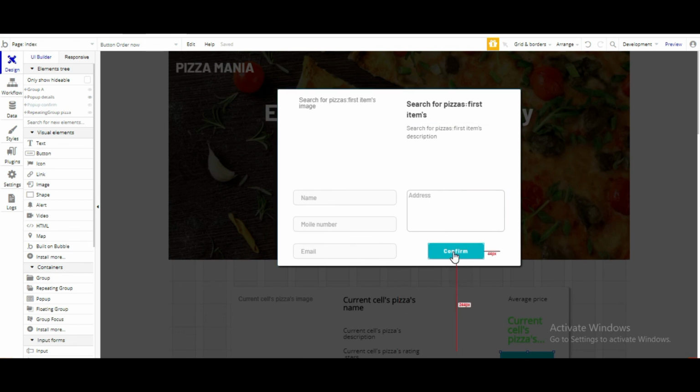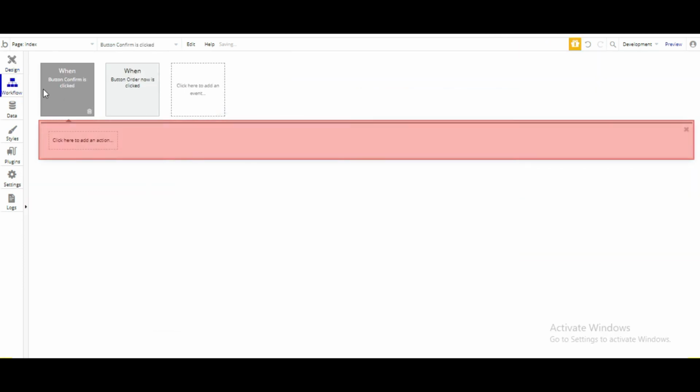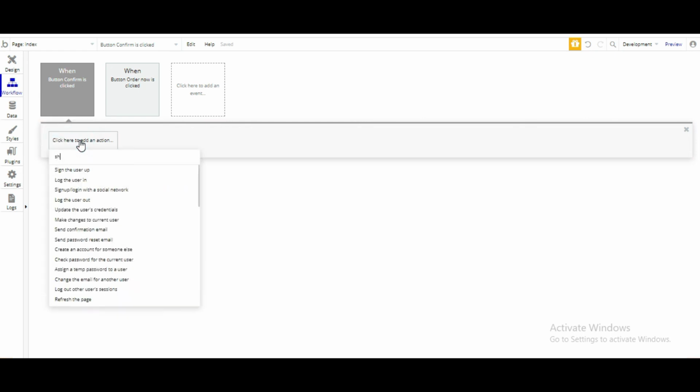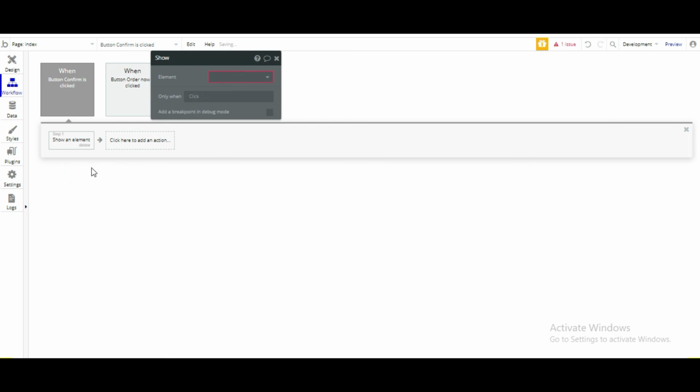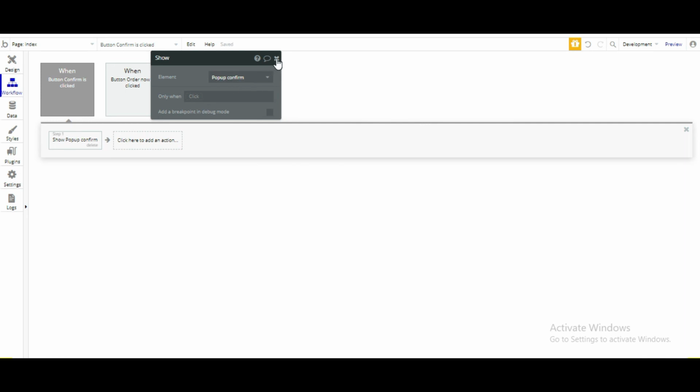Now when this button confirm is clicked, we need to figure out the workflow of this as well. Double click on this button, start and edit workflow. So whenever button confirm is clicked, we want to show an element and that element is our pop-up confirm.